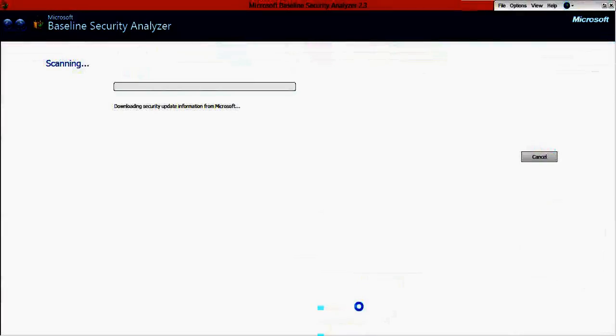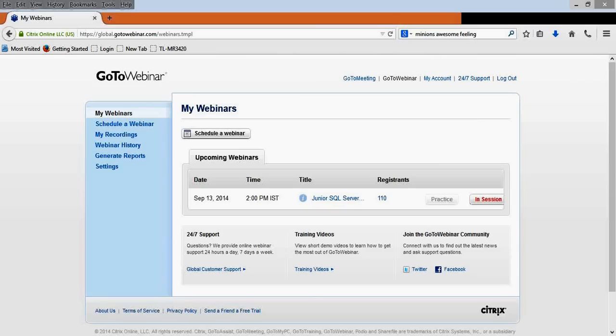Microsoft Security Baseline is still in scan. Next is firewall. There are very few small companies which hold a single DBA, and it is your whole and sole responsibility to make sure that your database as well as your database server is secure.